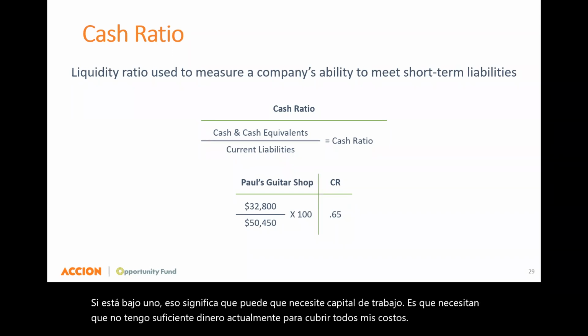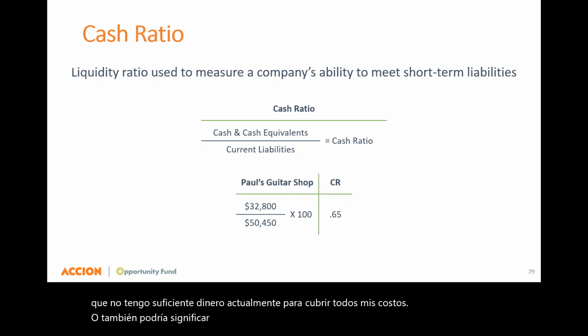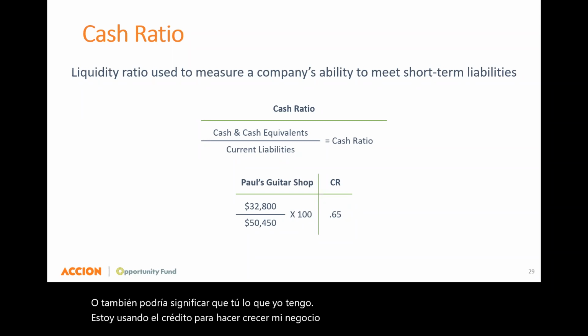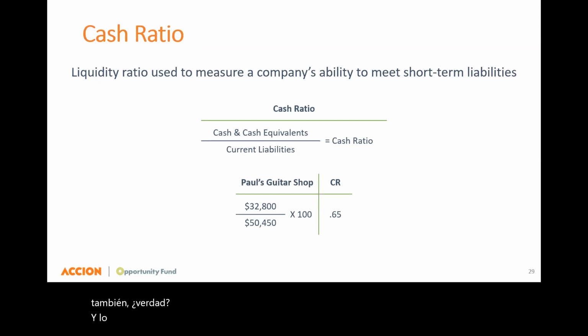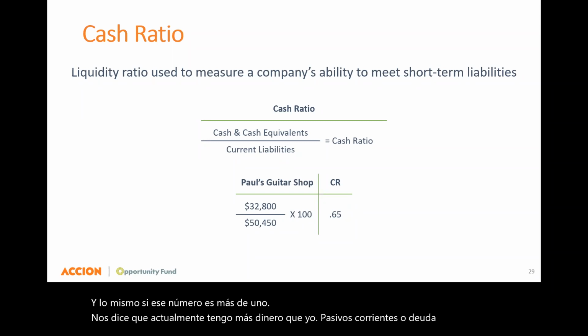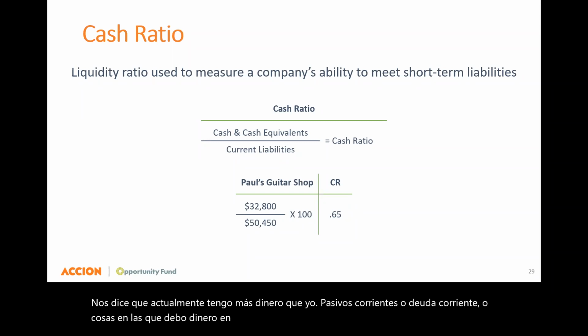Or it could also mean that, you know what, I'm using credit to grow my business, and I'm expecting to get more money later on as well, right? And the same thing, if that number is over 1, it tells us that I currently have more money than I do current liabilities, or current debt, or things that I owe money on right now. So I'm very profitable, and I have a lot of cash in my accounts currently